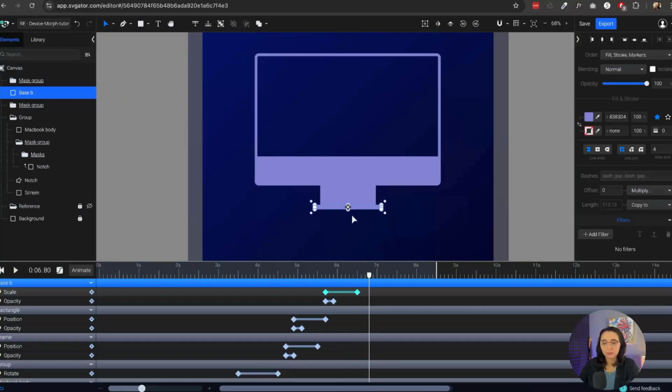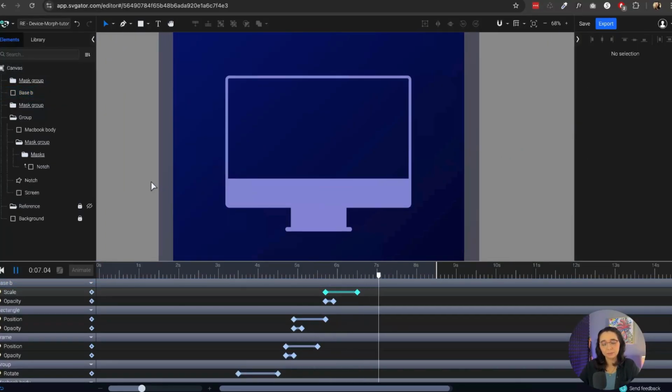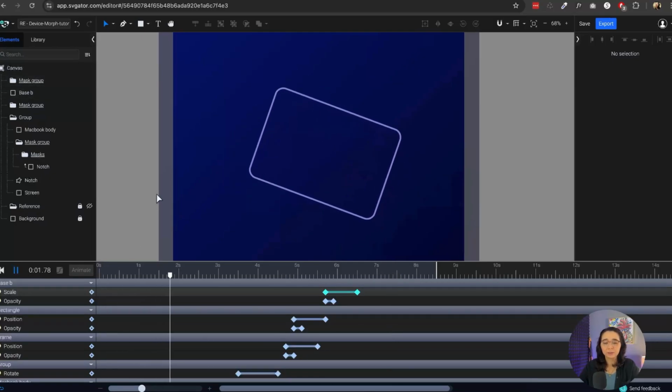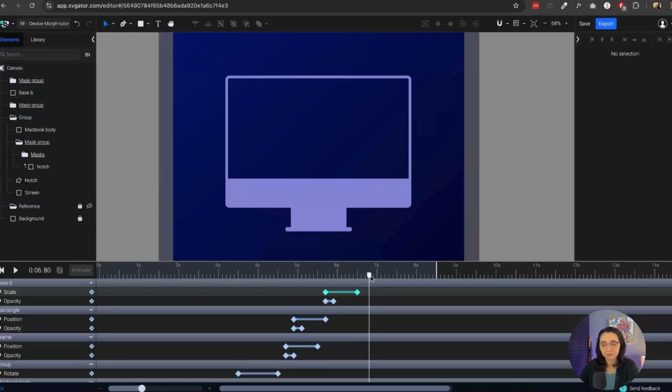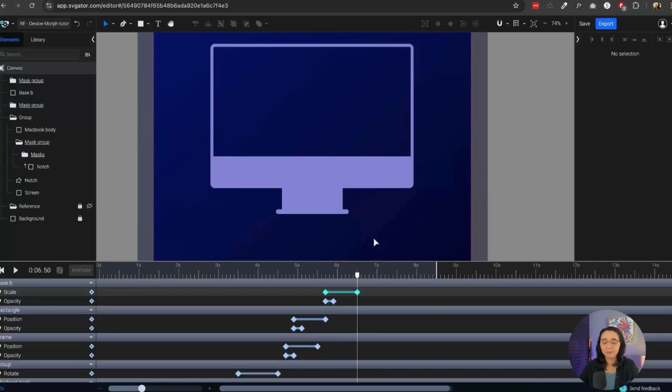Yeah. So that's our third device. Again, you can get a little more creative if you want to add more details, maybe add a keyboard to the iMac, you know, all kinds of cool stuff there. But for now, I think I'm just gonna leave it like this. And then now we can add the final transformation for our device, which is going to be the Apple Watch,